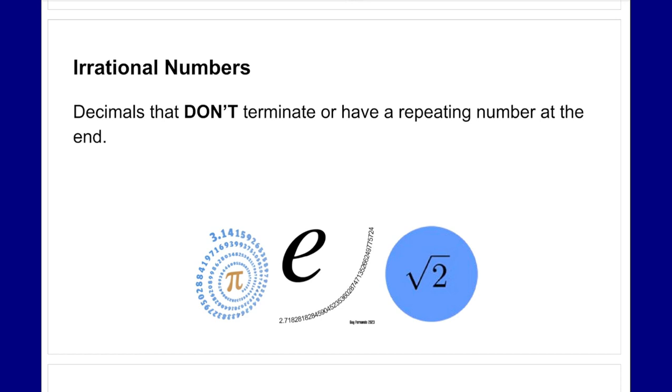This e, we can start to see the number here. This is what's called Euler's number. That is, again, a never ending number, it doesn't terminate, so it keeps on going. And if you take the square root of non-square numbers, so numbers that take the square root of non-perfect squares, so things that don't have a perfect square. So for example, if I were to take the square